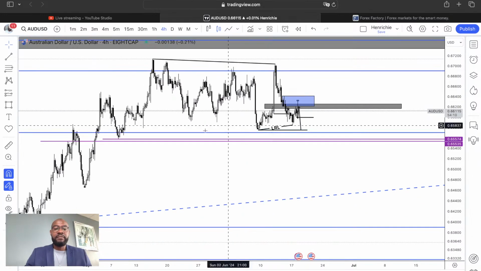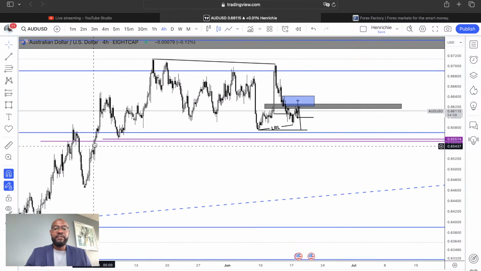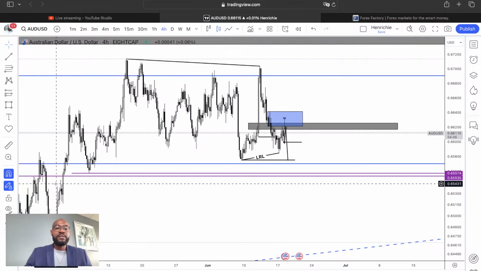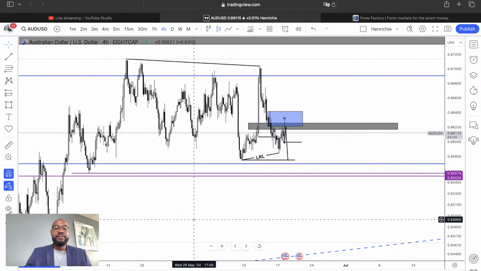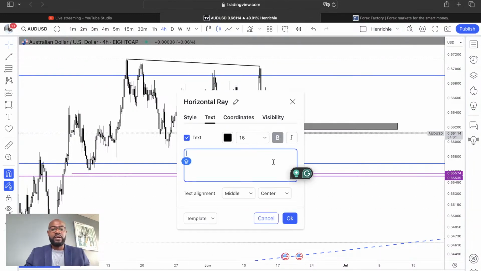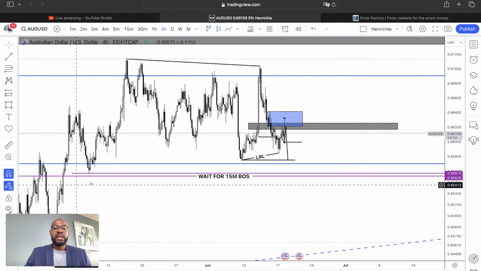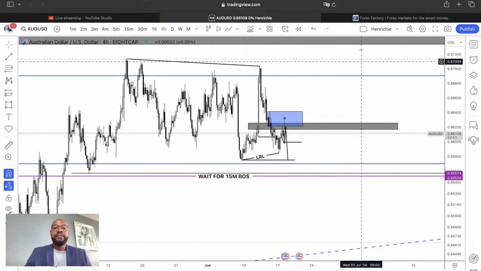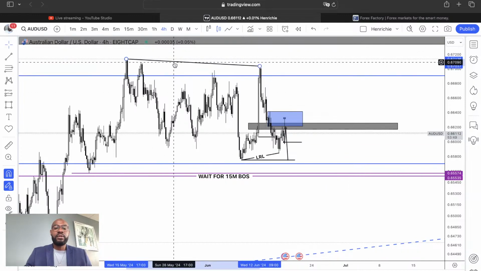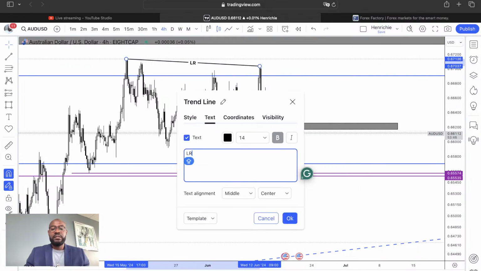Go to the 4-hour time frame, and on the 4-hour time frame you can see our inefficiency. So the moment price comes into this inefficiency, I'll be looking for a 15 minute break of structure to the upside. Once I see a 15 minute break of structure to the upside from here, I'll be looking for a buy to continue higher to run this low resistance liquidity,